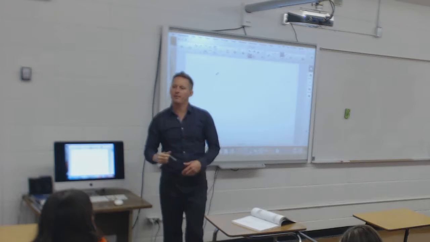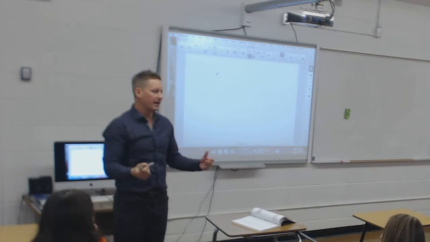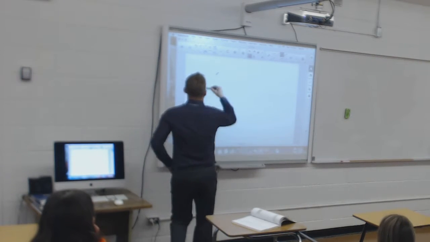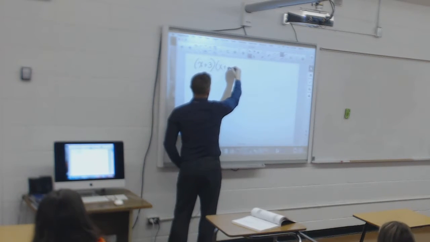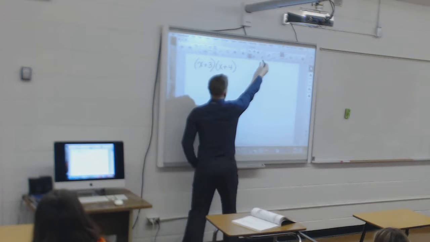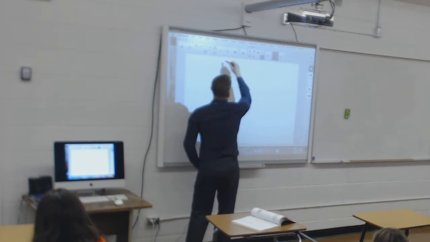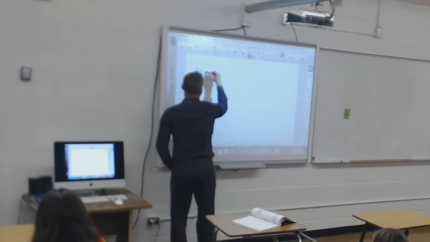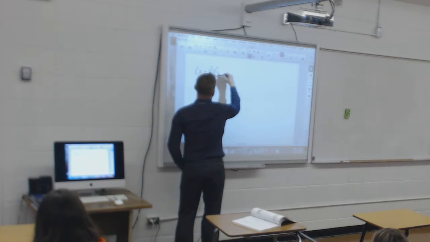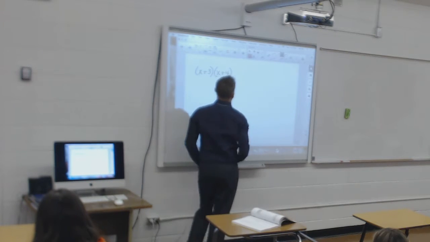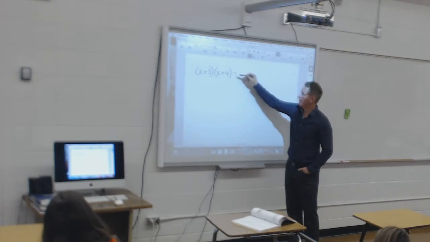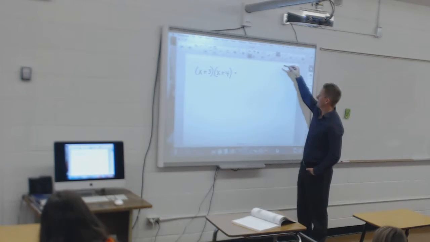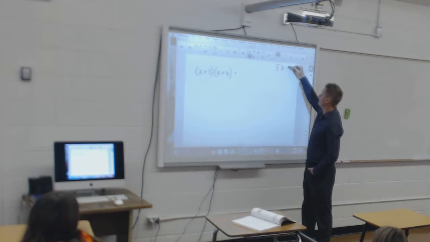Okay? So I said that there is a second method, one which I would prefer for the binomial method. A binomial by a binomial. x plus 3 times x plus 4. Actually, I'll move this down so it's above it. All right. My preferred method for doing this is